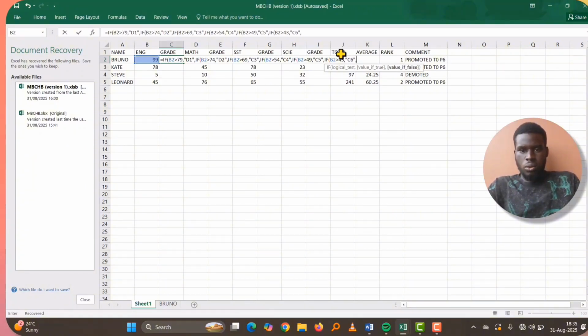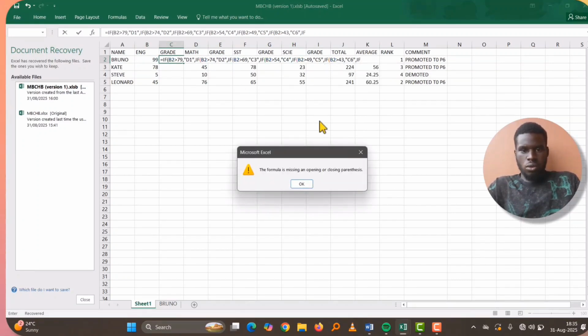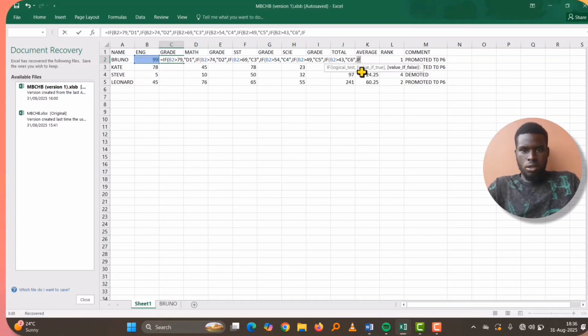Then comma, if B2, if, open brackets, B2 is greater than 45,